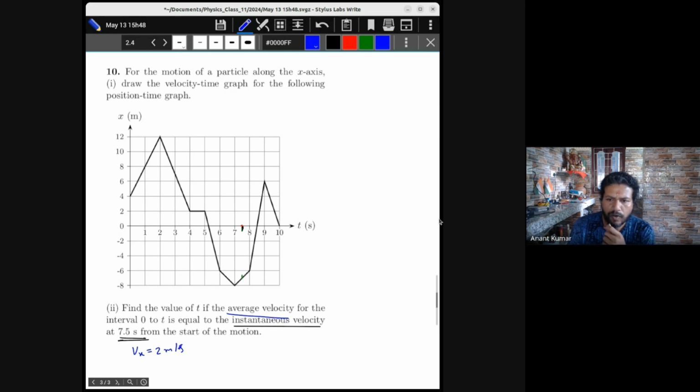मतलब in effect I am going to draw a chord through the beginning to this point parallel to this chord. इस पैरेलल, ये तो एक्चुअली में अभी टैंजेंट की तरह भी सोच सकते हैं। मुझे इस लाइन के पैरेलल एक लाइन ड्रॉ करना है जो कि स्टार्ट करेगा शुरू से, यहाँ से, वो जहाँ पे भी कट करेगा इस ग्राफ को, वही रिक्वायर्ड मोमेंट ऑफ टाइम होगा। Am I clear enough on this? मैंने बोला कि what I have to do over there is I have to draw a line parallel to this line,